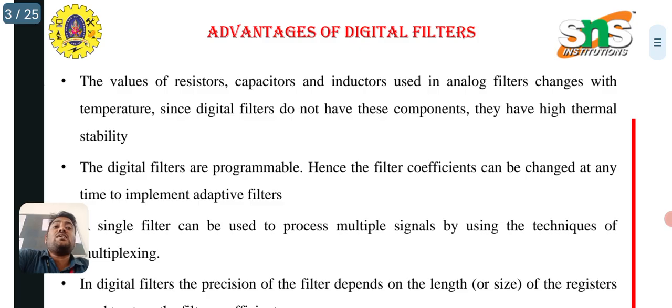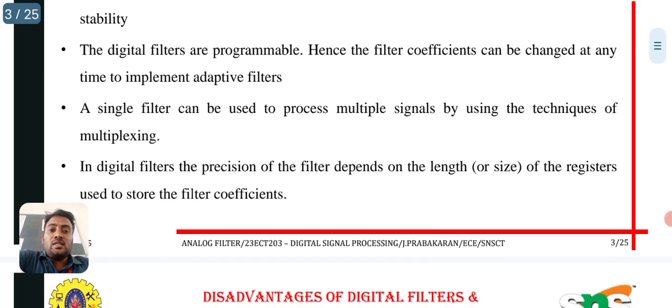Since digital filters don't have these components, they have high thermal stability. Also, digital filters are programmable, hence the filter coefficients can be changed at any time to implement adaptive filters. And in digital filters, the precision of the filter depends on the length of the registers used to store